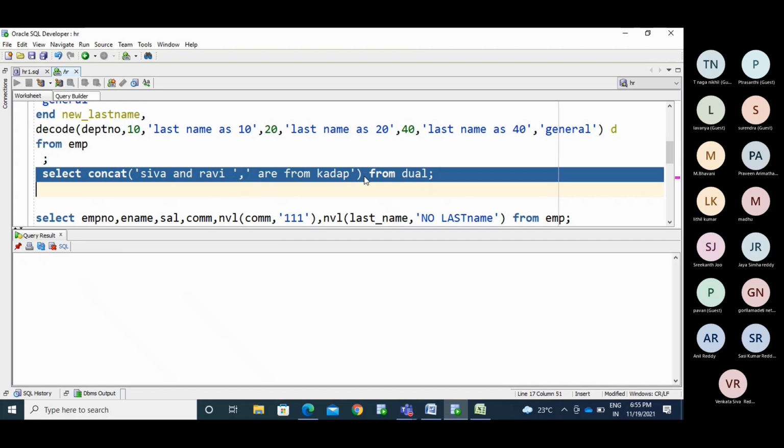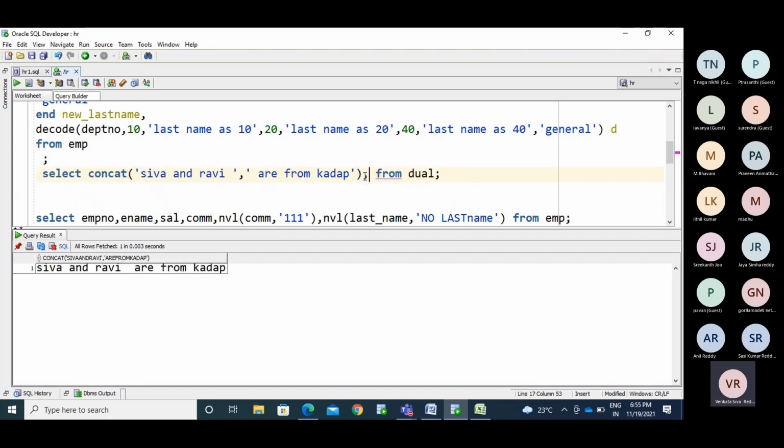So it is working fine now. AP is another string, and I use CONCAT of. So now this becomes one string, this becomes one string, and this is another string.